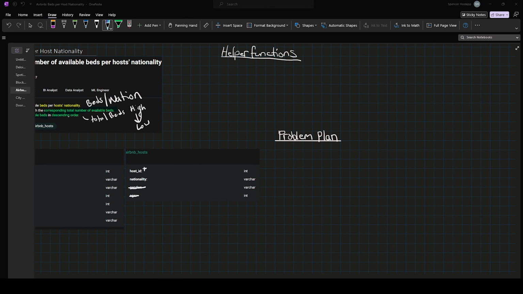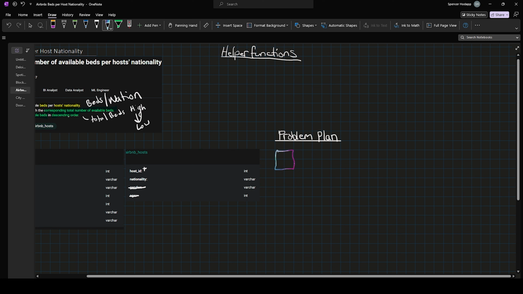Okay, now that we've worked through our columns and everything we need, let's draw out our problem plan just so we can visualize what we're trying to accomplish, and then we can down select the kind of functions and columns we're going to need to execute. We have two separate blocks of data, and we're going to want to combine them together to make a new block of data. We're going to combine these on host ID. That's our foreign key, the relationship between those two data sets. Once we have our combined table, call it DF0 for right now,